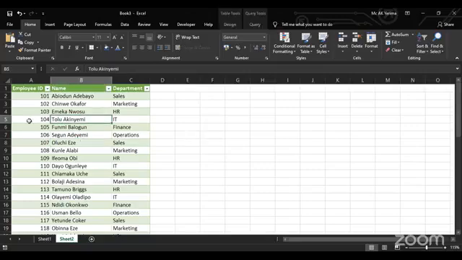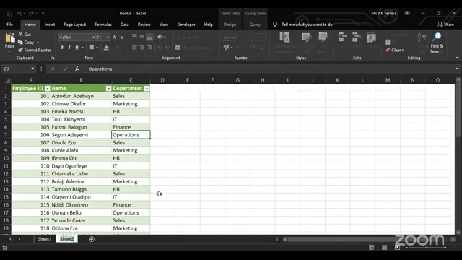So if yours is not converted, even though if you imported it this way, definitely it's going to be converted. But if you open the CSV directly, you can just click on any cell and press Ctrl-T. If you press Ctrl-T, it's going to convert your data to an Excel table, right? So now we can go ahead and rename this sheet to employees